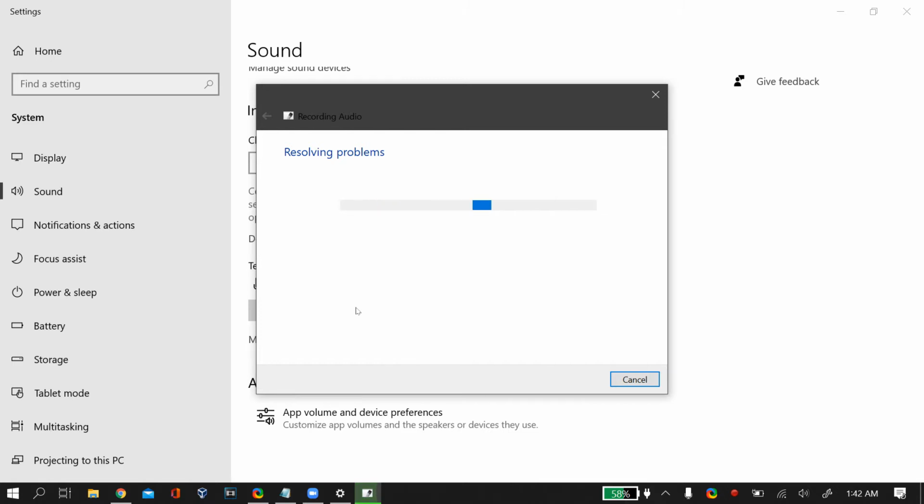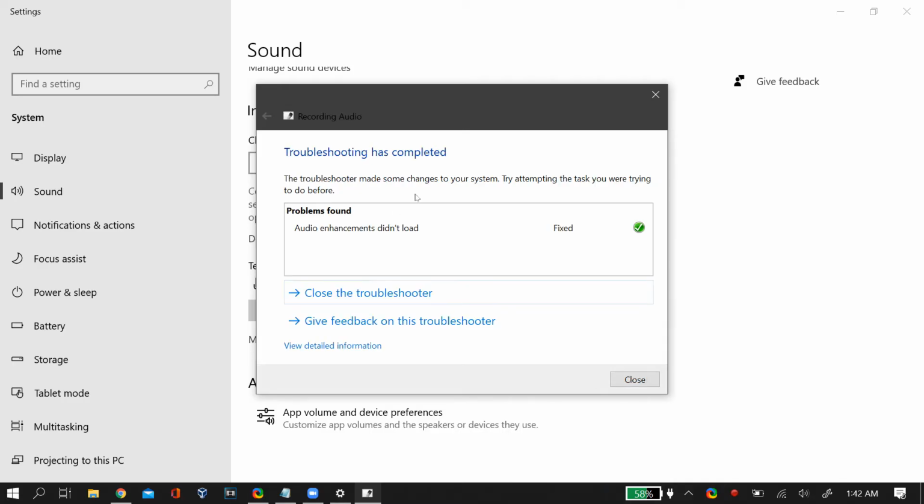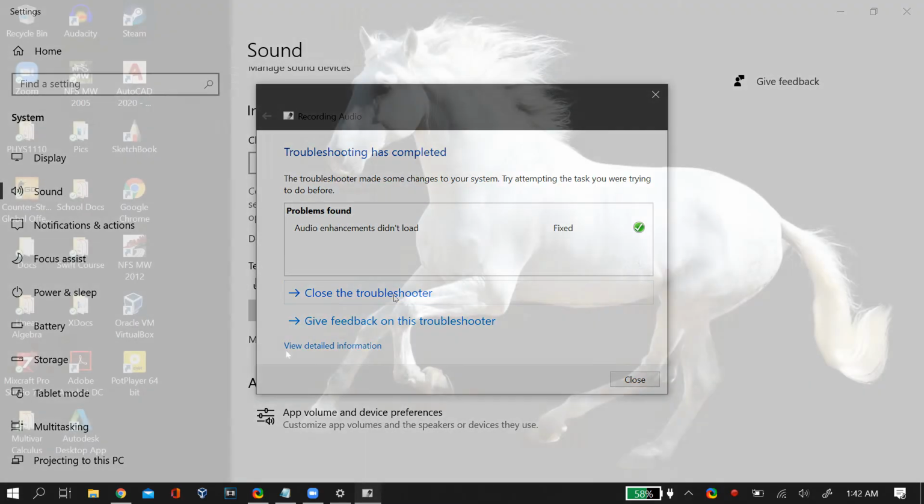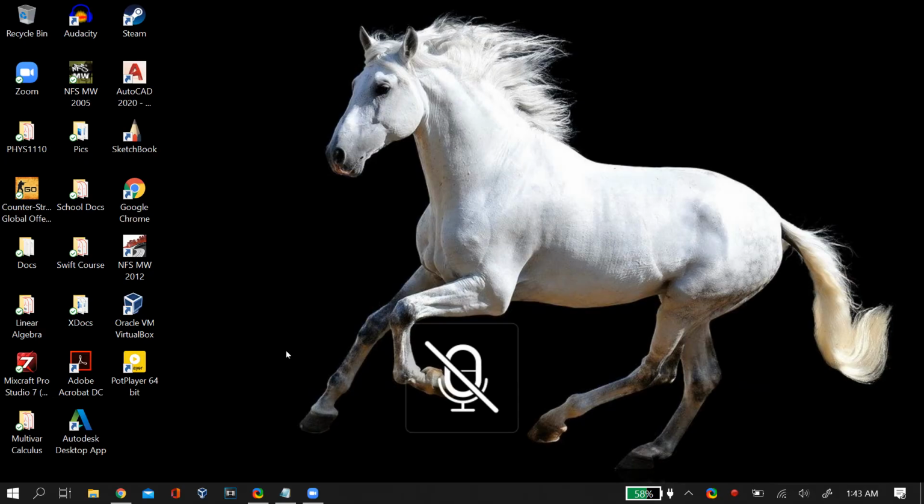If that still doesn't fix your microphone problem, then I also recommend that you check your keyboard for a microphone key. Now on your keyboard, if there is a function key and it has a microphone drawn on it, then try pressing that function key, or if you're on a laptop, then the FN plus that function key, and check whether your microphone works again or not, because it is a dedicated key and it has nothing to do with all the previous activities that we have done.